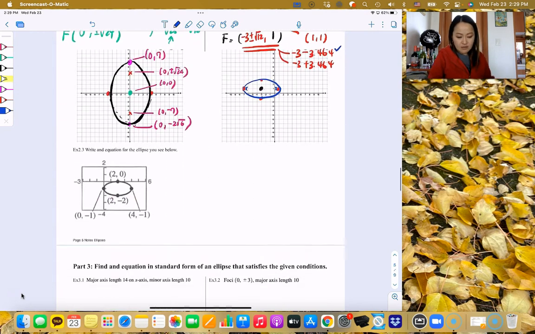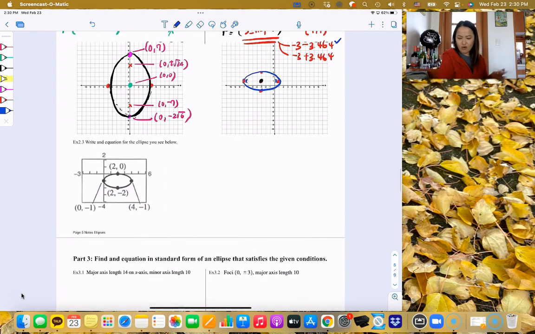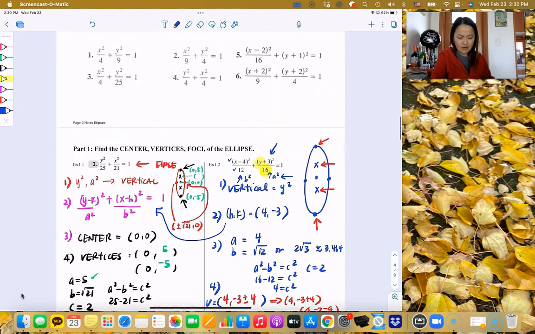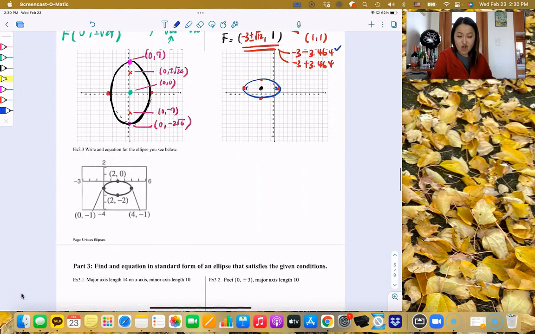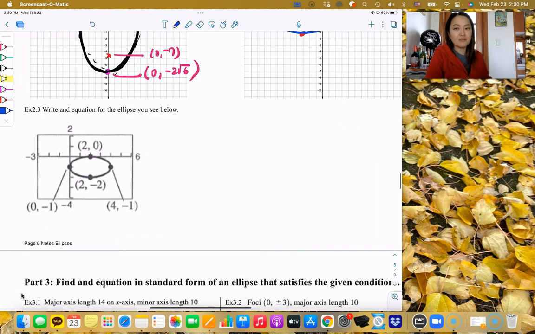All right, so last one. Oh, we've seen this guy before, haven't we? Wait, did we do this guy already? He looks so familiar. Same, but a little different, people. Okay, let's write the equation again. Is it longer or is it shorter? We don't know, so let's see. Well, this looks like 0. This is 0 and -2. So that means B is, well, we don't know if it's B, but we know that's 2. But this guy goes from 0 to 4. So it's a